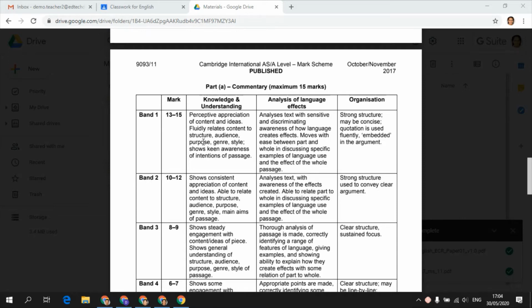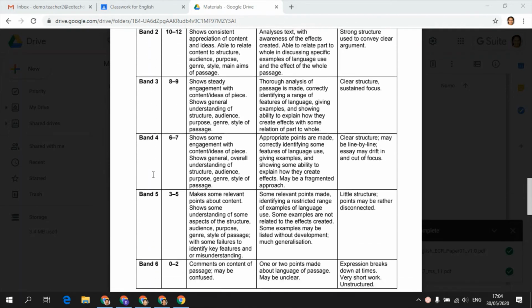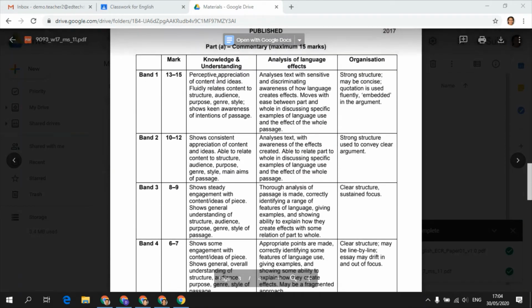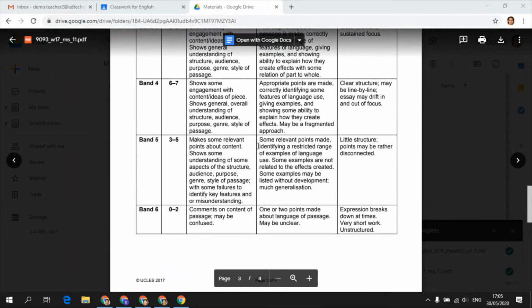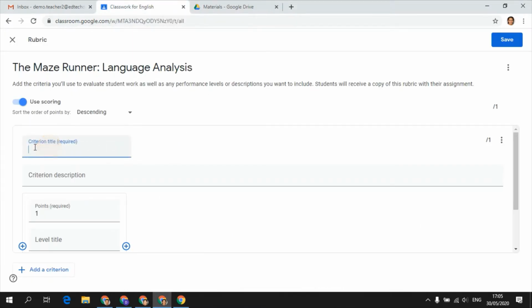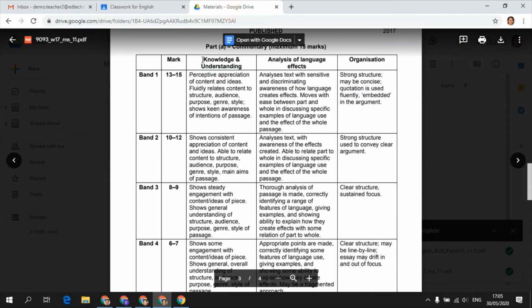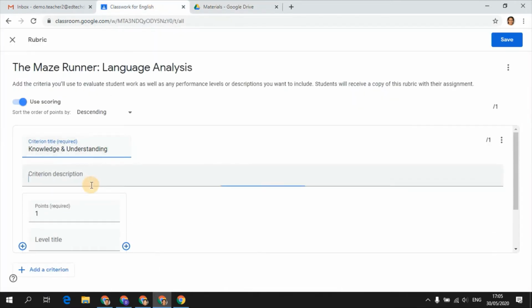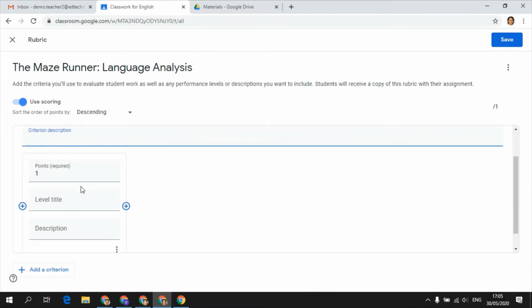And you can see that the rubric has 6 bands. There are 15 marks per band available. I have 3 criteria, and each criterion has a bunch of grade descriptors. And the way I set this up in Google Classroom is the criterion title, which is here, for example, knowledge and understanding. I would copy that in here. Knowledge and understanding. Criterion description, I don't need that one right now. The only problem that I have is that you can only have